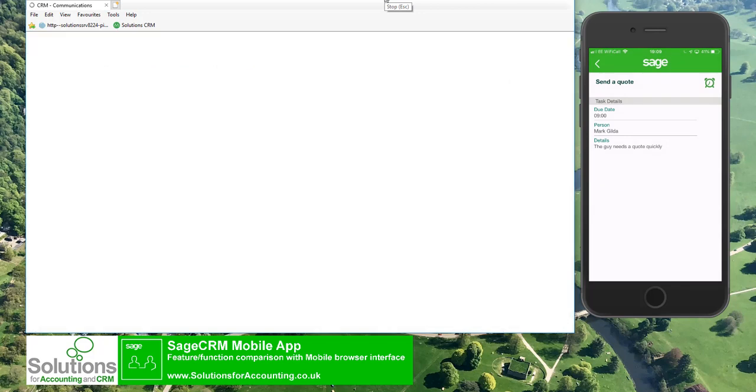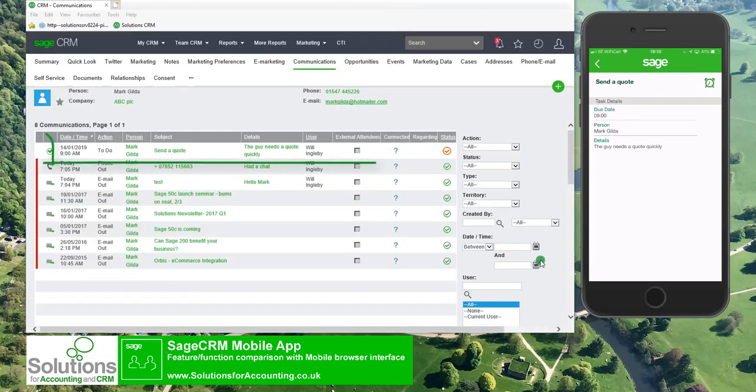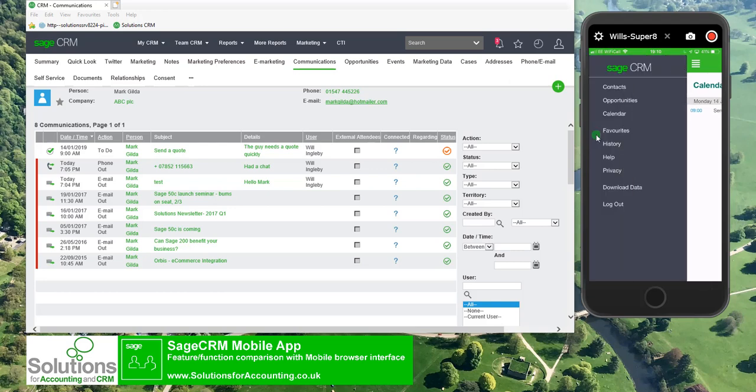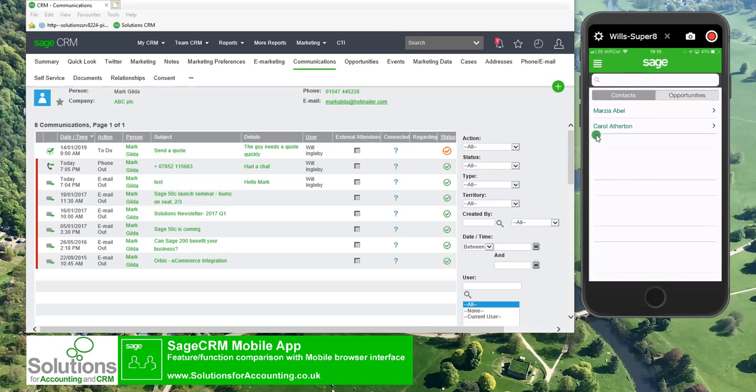mobile phone. So the Sage CRM app is integrating with the PIM, the Personal Information Manager alarm systems on your mobile device. And here's my task, my to-do. And the process would be exactly the same if I wanted to add a diary event to my calendar as well. So looking further down the main menu, Favourites, of course, takes me back to the favourite screen that I